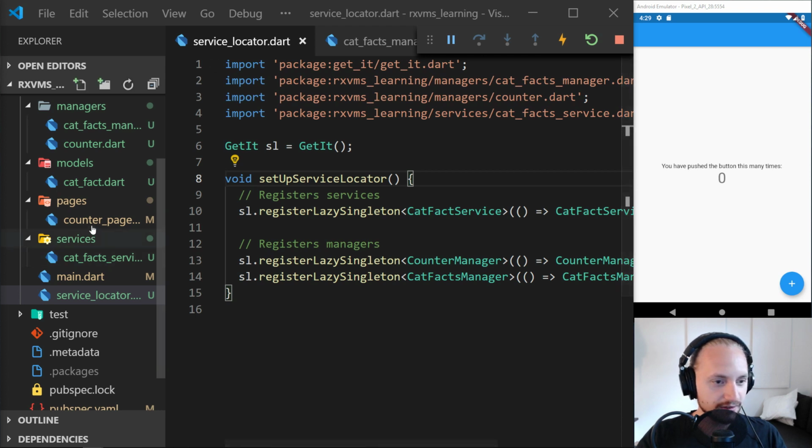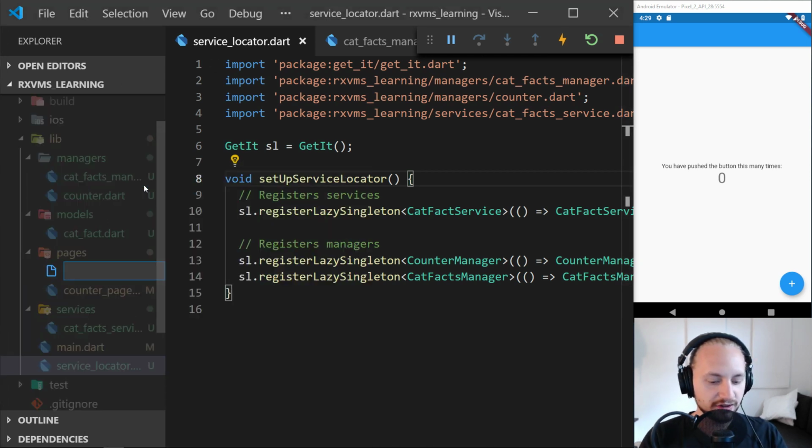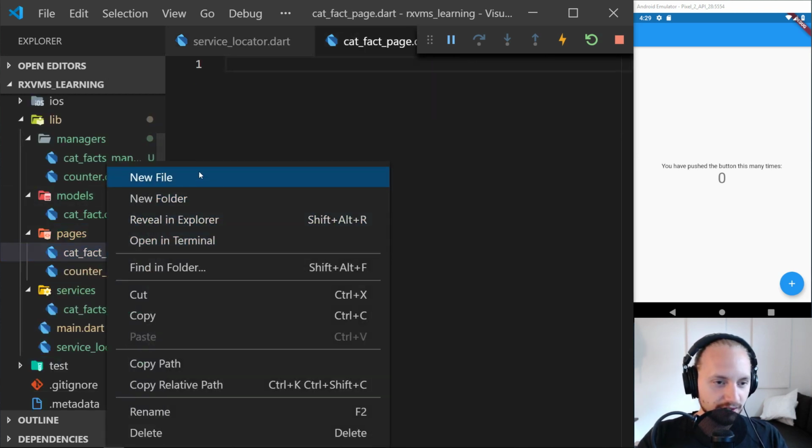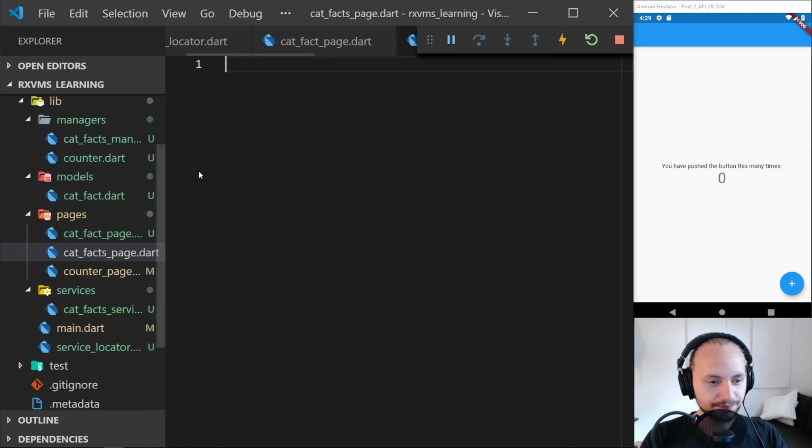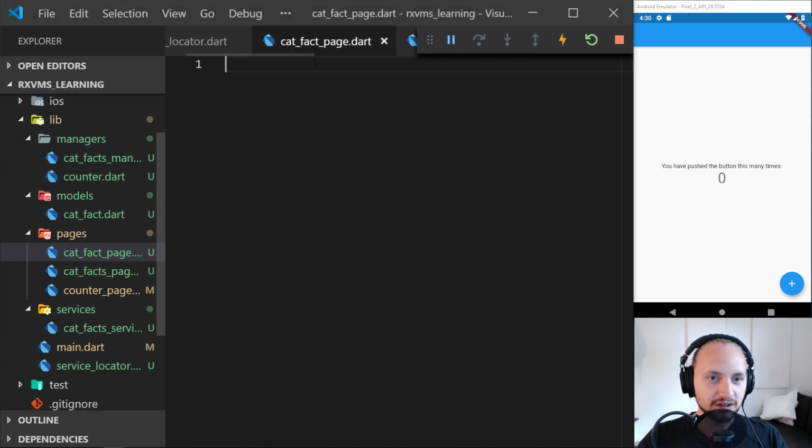See if I can copy that. So pages, we're going to create 2 pages. One is going to be called cat fact page.dart. The second one will be cat facts page.dart. So the plural one is just going to be the place where the list is going to reside. So first off, I'm just going to do the one we navigate to first, and I'm just going to copy